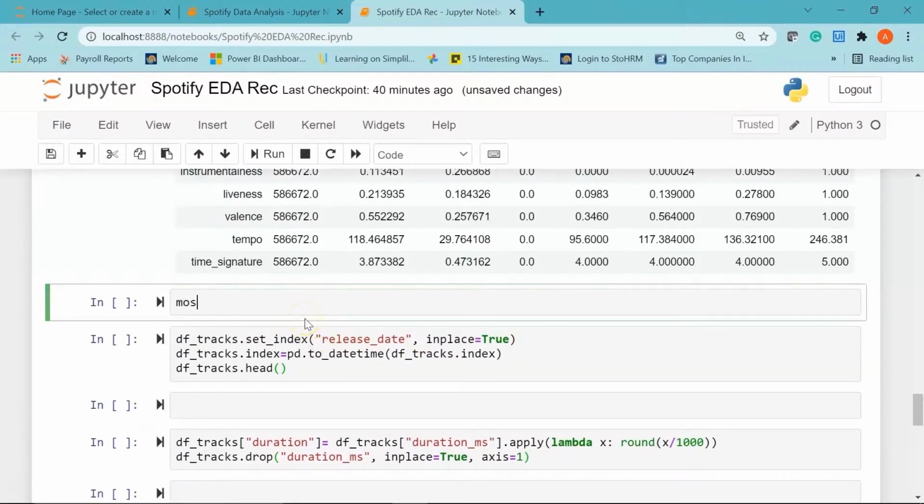So in this cell, I'm going to create a new variable called most_popular, and I'll say df_tracks dot. This time I'm going to use the query function that is part of the pandas library again. I'll use the column popularity, and we'll set the condition popularity should be greater than 90. I'll give a comma and say inplace equal to False, because I don't want to change my original data frame. And then I'll say sort_